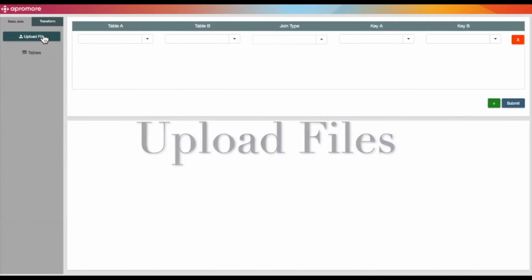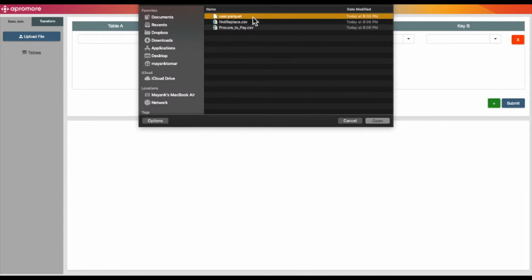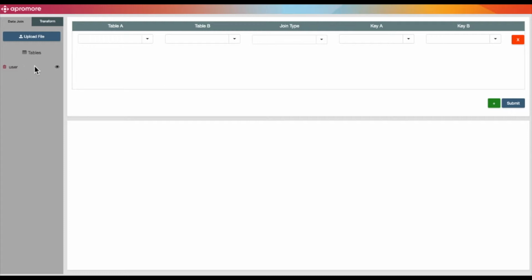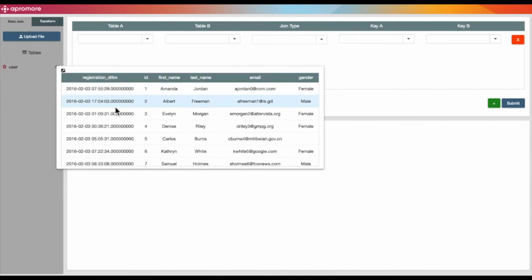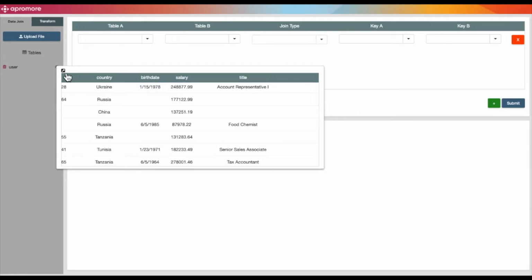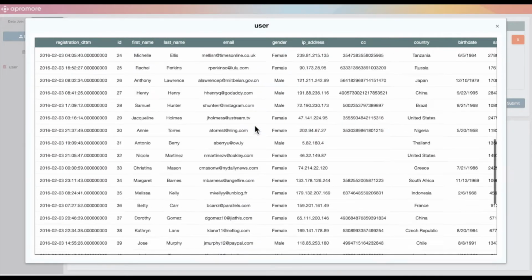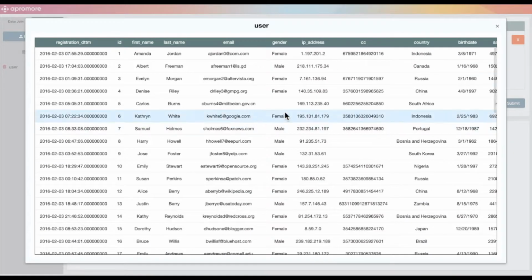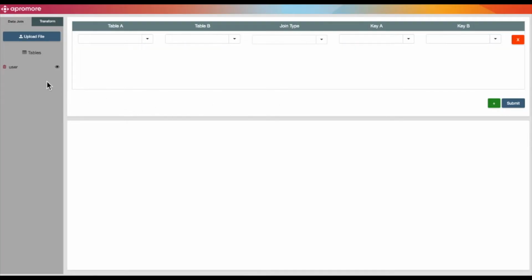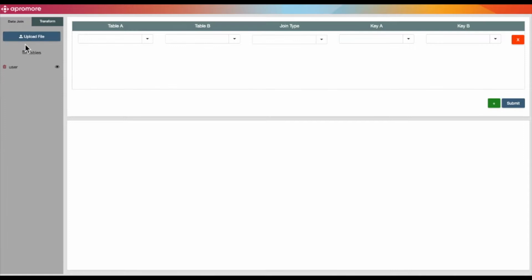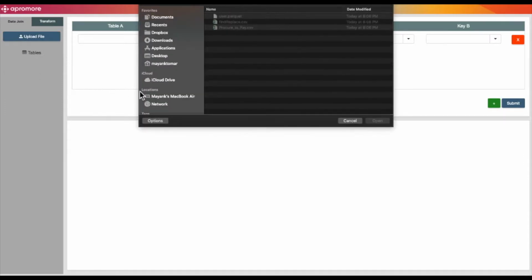The first step is to upload files into the workspace. These files can be in CSV or Parquet format, which are both tabular in nature. Once the files are uploaded, we can see their excerpt in a pop-up or an expanded module. We can also go to the Transform tab and cherry-pick columns if required. We can also delete the table from the system, which deletes all corresponding columns from the excerpts.